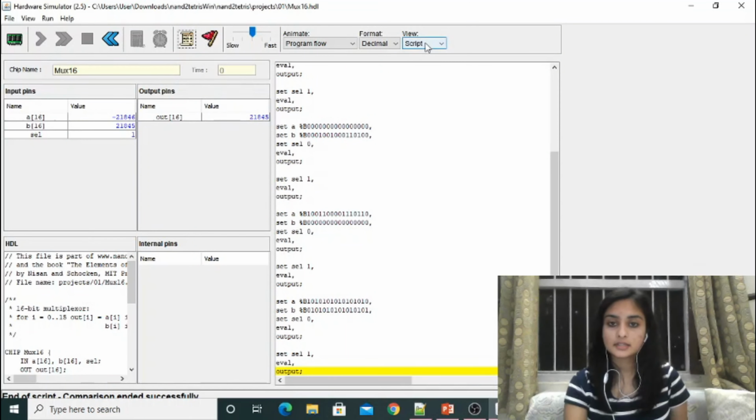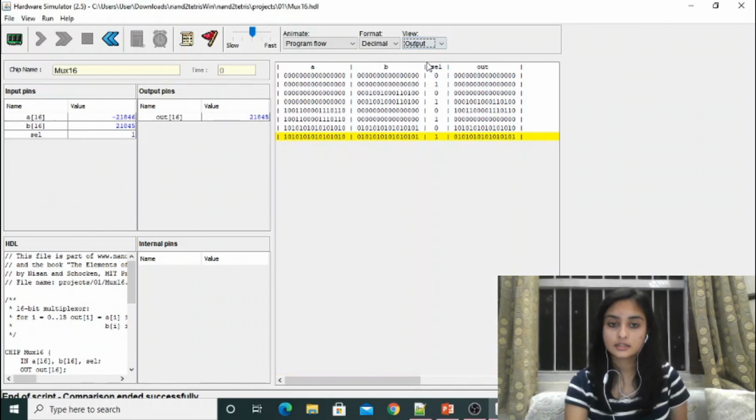So our comparison ended successfully, and this is the desired output that we will be getting. The selection, as I said, remains a single bit, and now we do the comparison, and there are no changes made, therefore our MUX16 has run successfully.